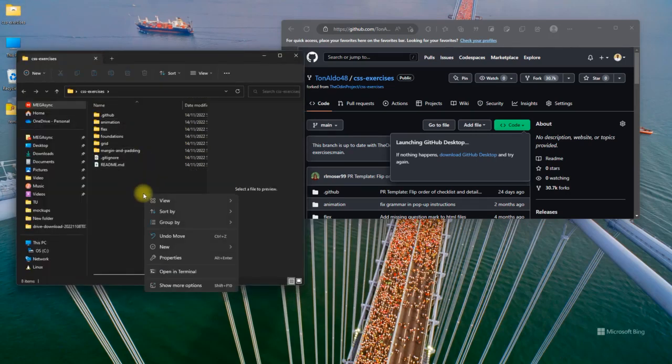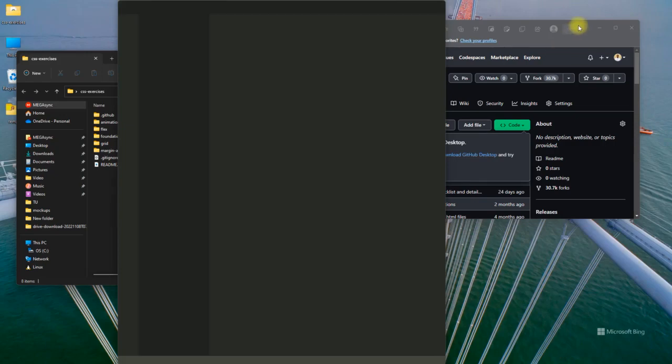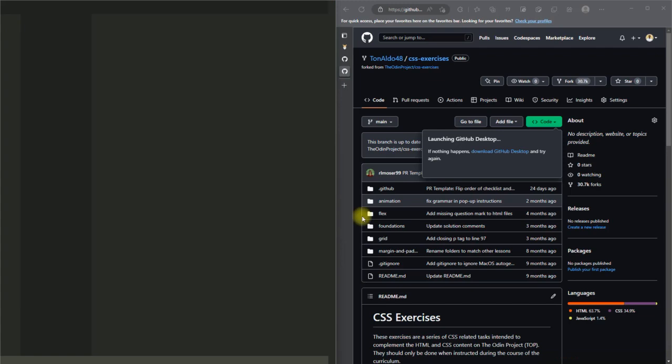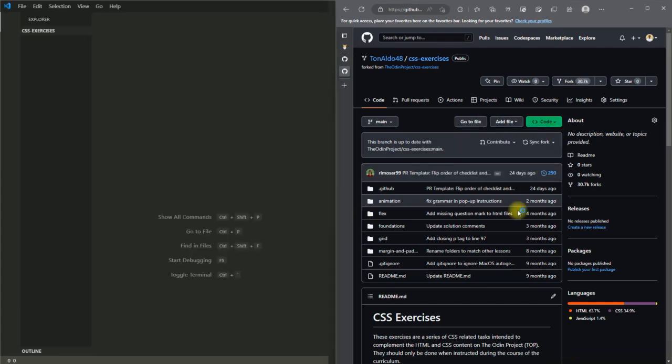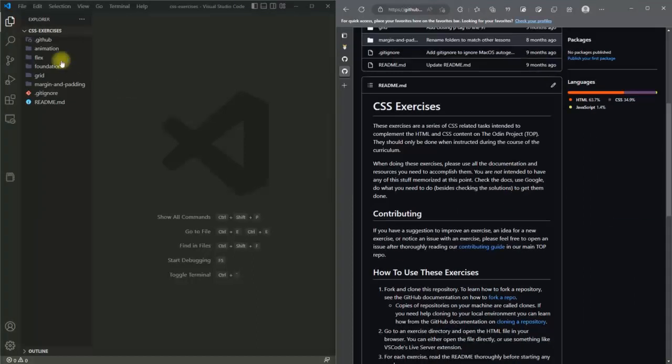Okay, so with yours, you can open it in your VS Code using the command prompt, but I have it over here, so I'll just use this command. Yeah, so I have this over here, right? So yeah,